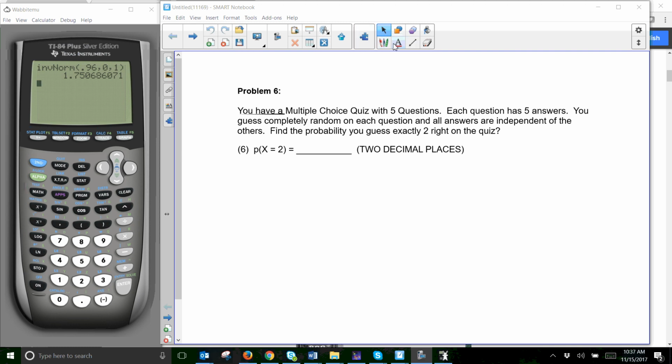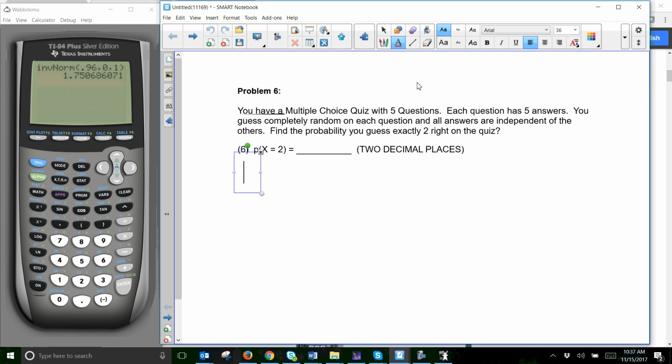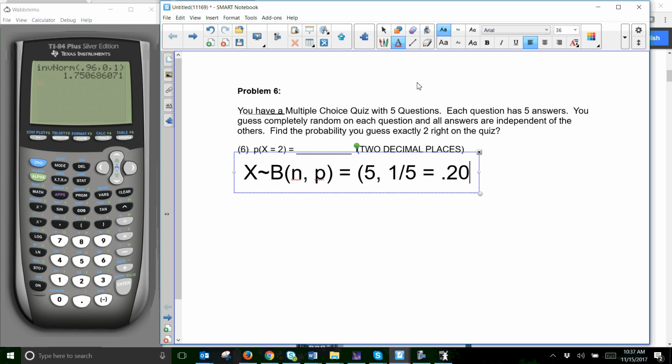So one of the things we have to do is make sure we understand what our probability of success P is. So here, X is binomial N comma P, which is going to be N is 5 and P is 1 correct out of 5, equal to 0.2. Okay. So if we wanted to find the probability X is exactly 2,